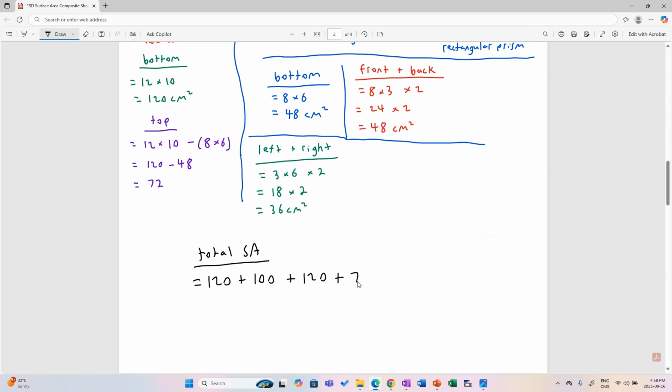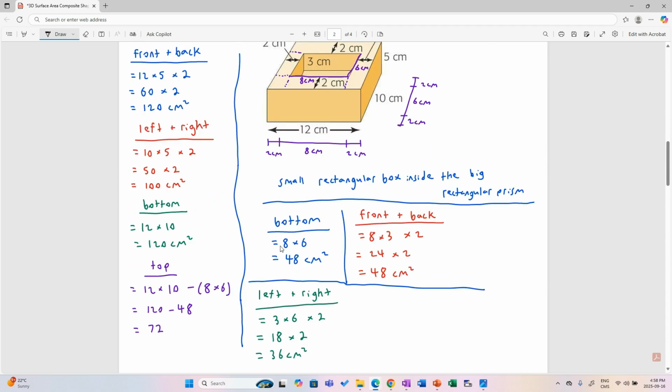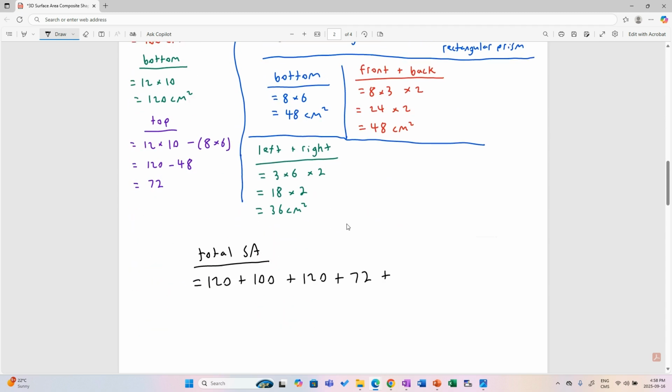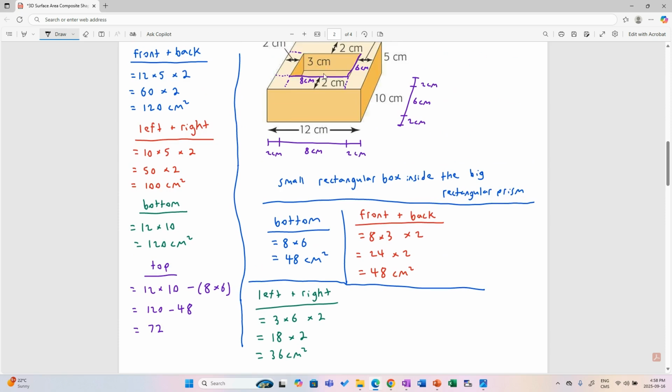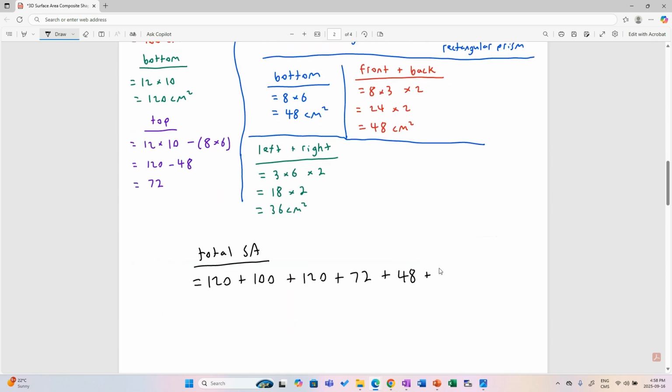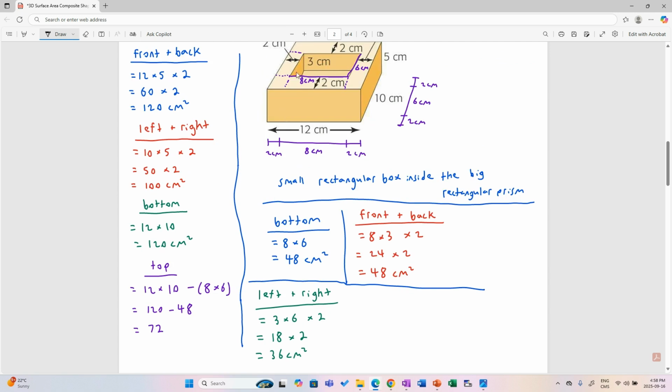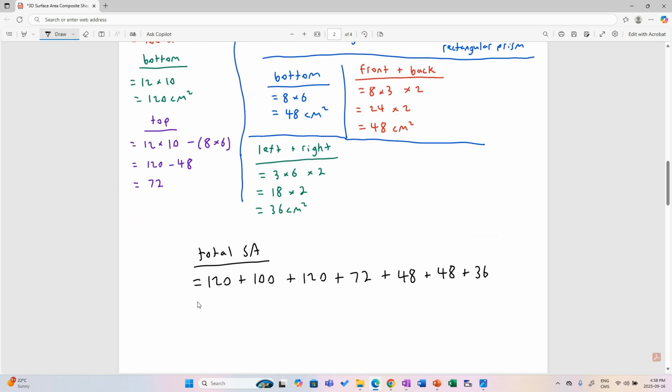Then I'll add the top area of that big rectangular prism. Now I simply add the bottom area of the small rectangular box that's inside of it. I add the area of the front and back inside here. And I add the area of the left and right side for the small box inside of the big rectangular prism. I add everything together and I should get